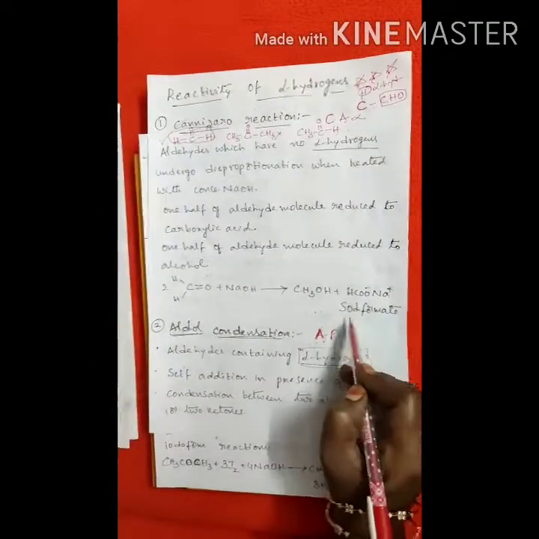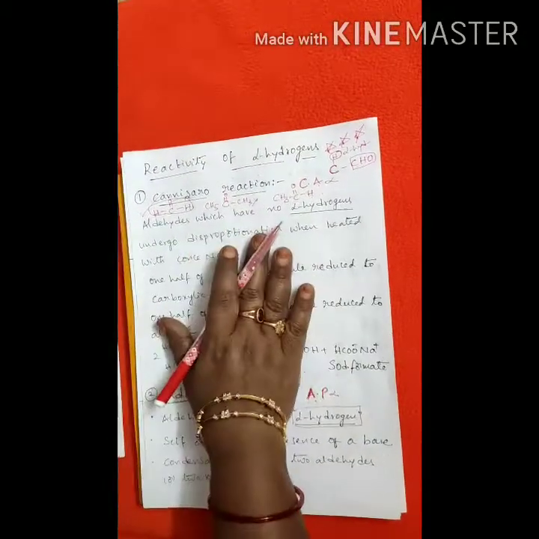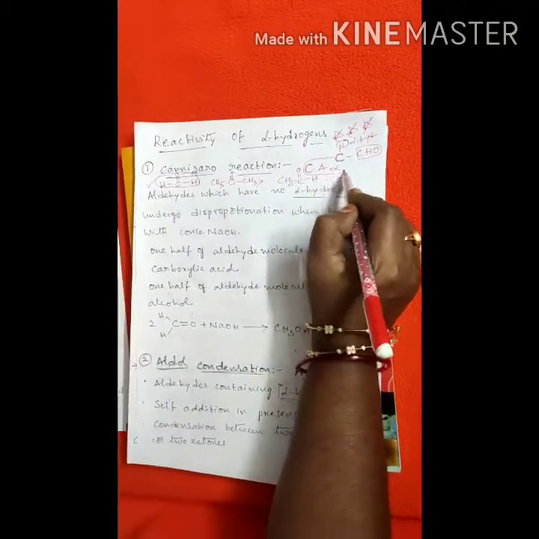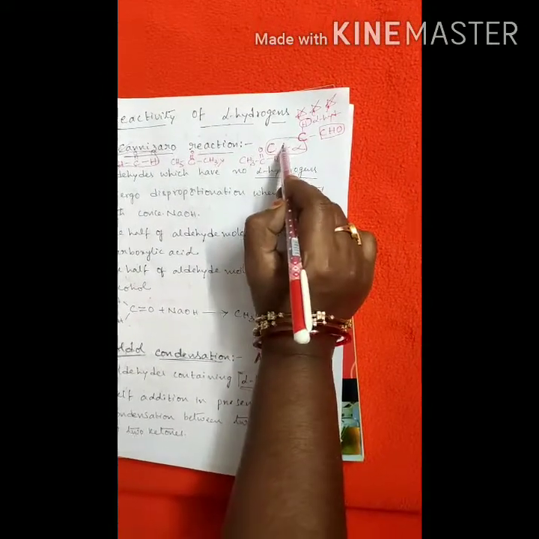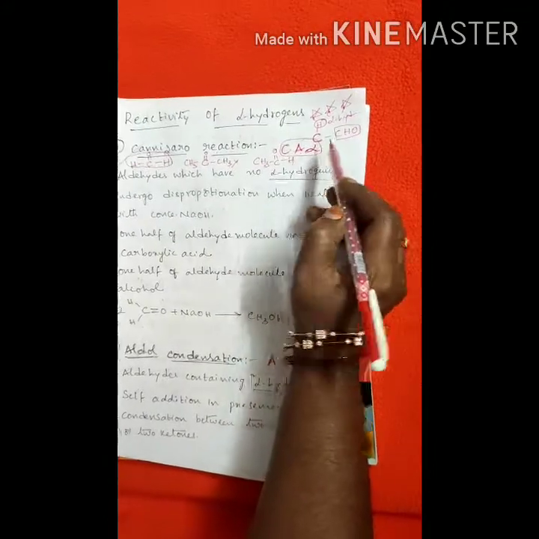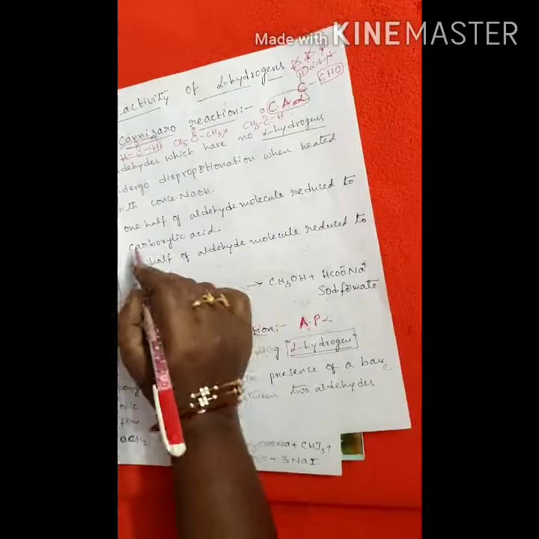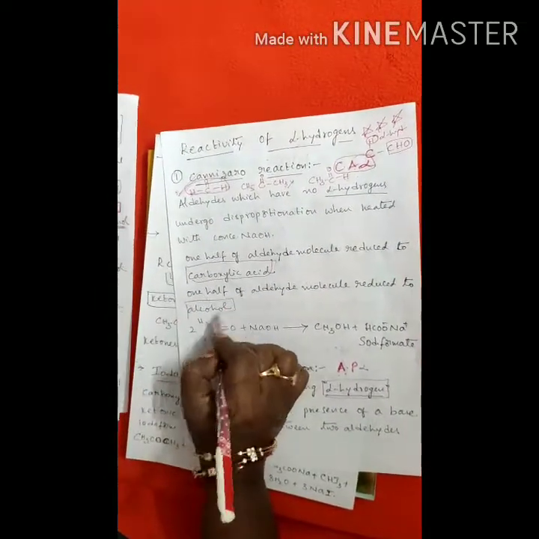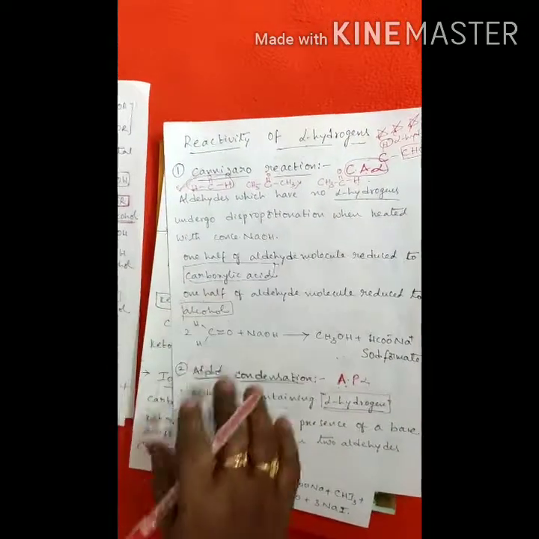So it is known as sodium formate. So this is our Cannizzaro reaction. In short, Cannizzaro reaction means Ca alpha. Ca alpha is a code to remember the Cannizzaro reaction. Cannizzaro reaction takes place in absence of alpha protons. Only formaldehyde follows this mechanism. Half part is converted into carboxylic acid and half part is converted into alcohol. Two compounds are formed with Cannizzaro reaction.